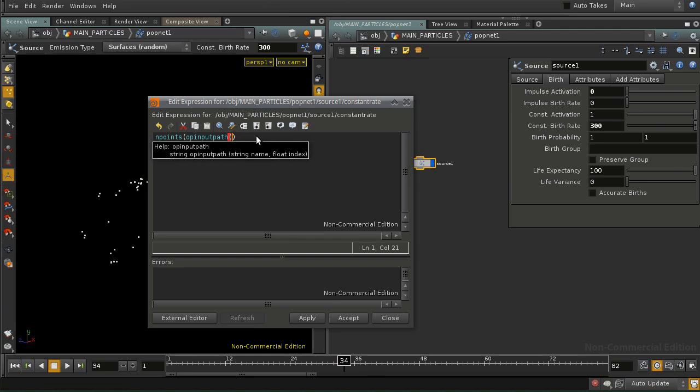So we're gonna use dot dot to refer to the one above us, and choose 0 because the index goes from 0 to 3, and just close the parentheses there, and hit apply